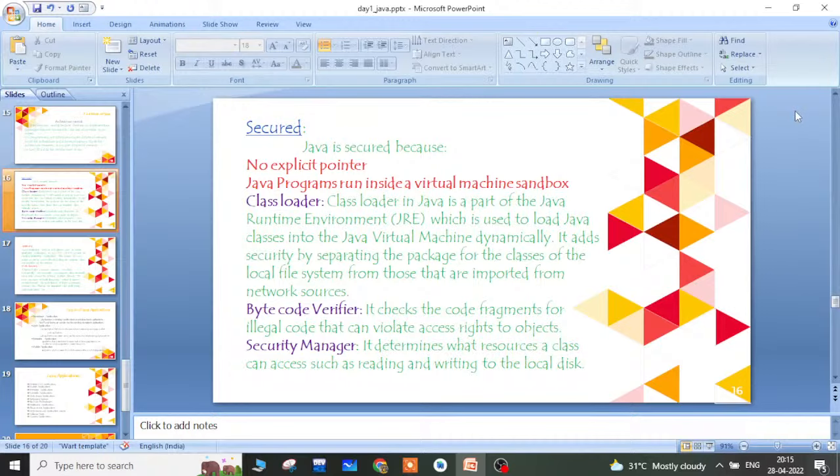And then we have a bytecode verifier in the Java virtual machine, which will check the code fragments for illegal code that can violate the access rights of objects. When it finds any illegal code which is trying to access objects used to interact with the classes, it will check and avoid those fragments. Because of that reason, we don't have any security issues.